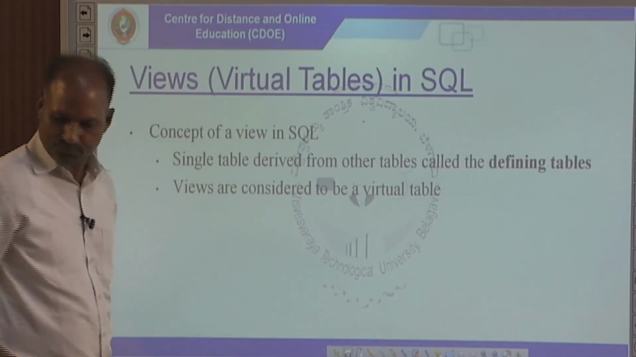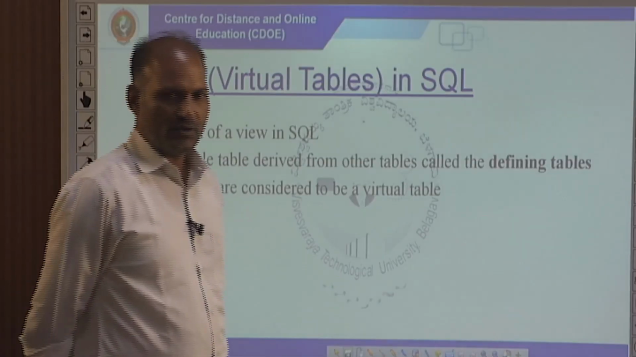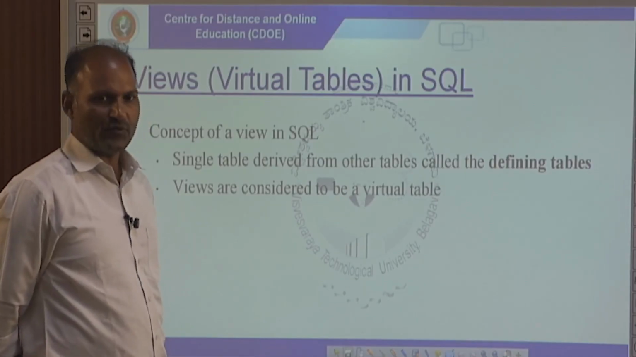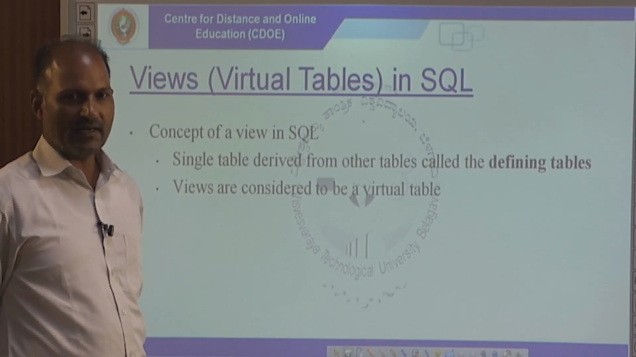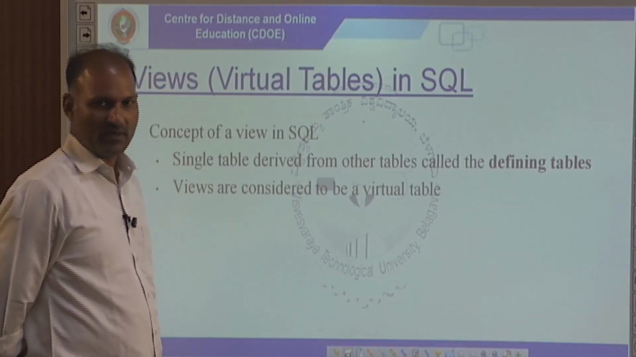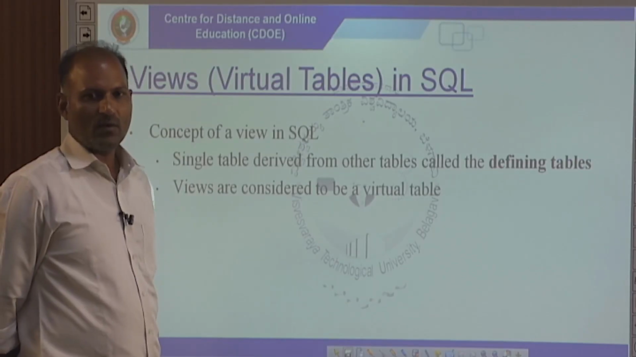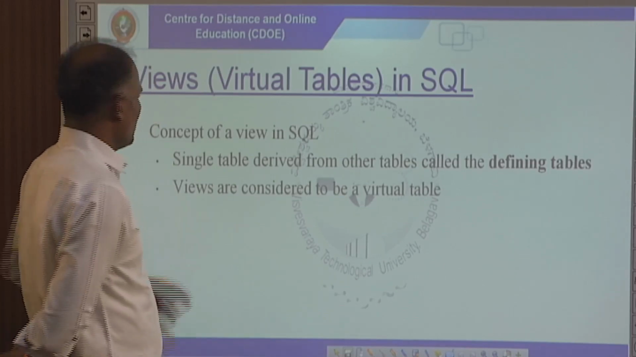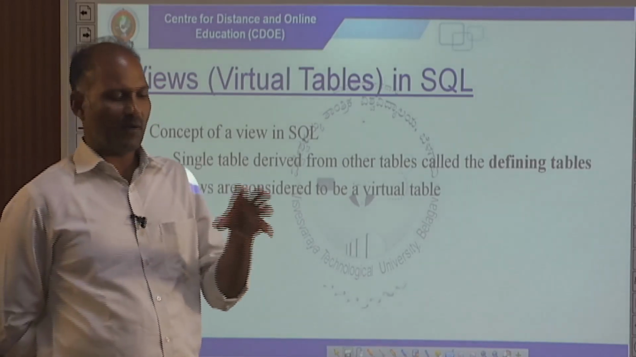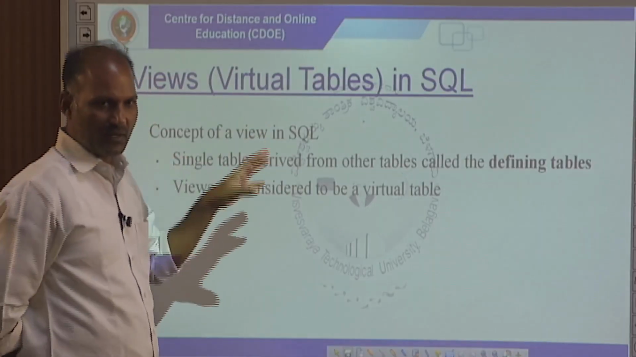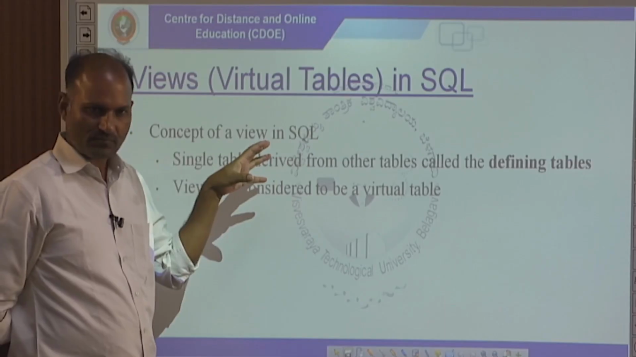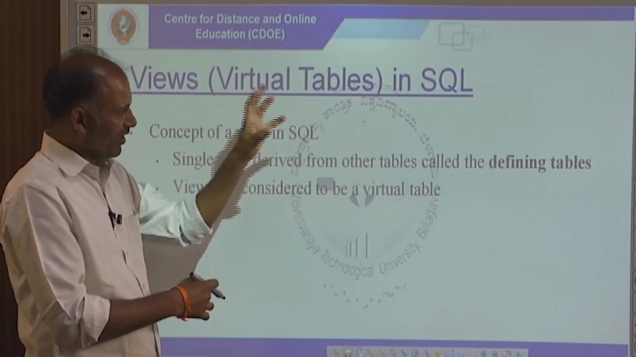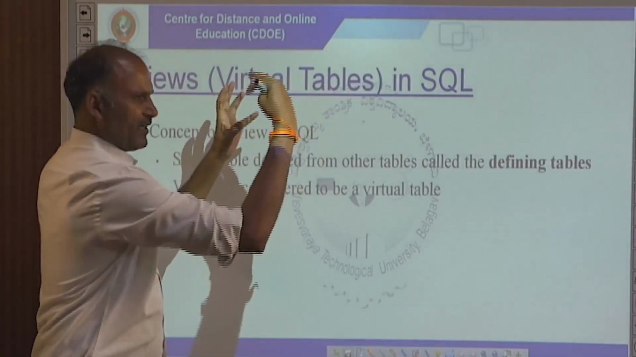Next is, say, views. Views are nothing but virtual tables. The concept of a view in SQL is a single table derived from other tables, called the defining tables, or called a virtual table. Views are considered to be virtual tables. It means that the result can be combined from more than one table and you can make a temporary table. These are nothing but temporary tables. This temporary table, called a virtual table, gets the data from multiple tables